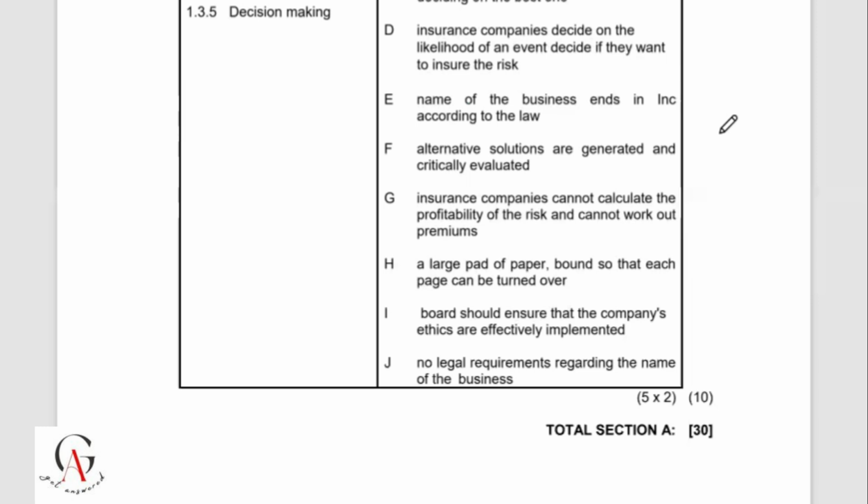A large paper bound so that each page can be turned over. Board should ensure that the company's ethics are effectively implemented. So now the last one, no legal requirements regarding the name of the business. Okay, right. So now let's check